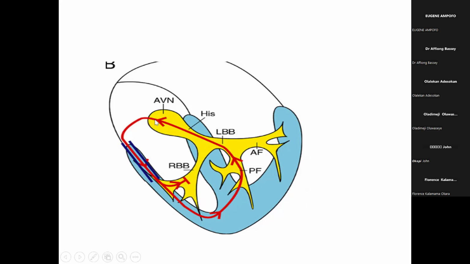So it gets to the conductive tissue. That one brings it down to depolarize the ventricle. As it is depolarizing the ventricle, the fast aberrant tract has taken the signal back to the atrium to quickly depolarize the atrium. So that means the atrium and ventricle will be depolarizing almost at the same time, because this fast aberrant tract is conducting it fast to the atrium. So that is why orthodromic would give you a short RP interval